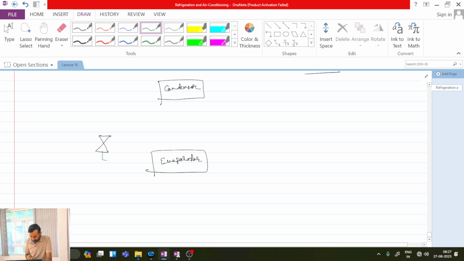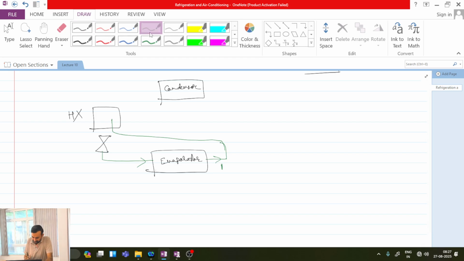So refrigerant has come from the expansion device, it has entered the evaporator. From the evaporator, refrigerant has come at state 1, and after that, before passing through the compressor, I have passed it through a heat exchanger. So this is the additional heat exchanger,